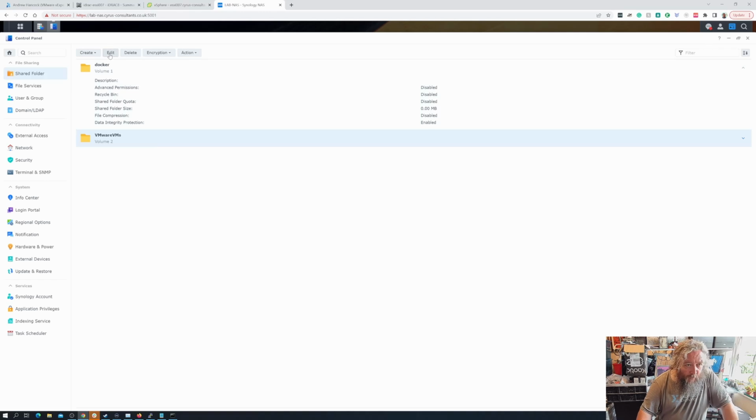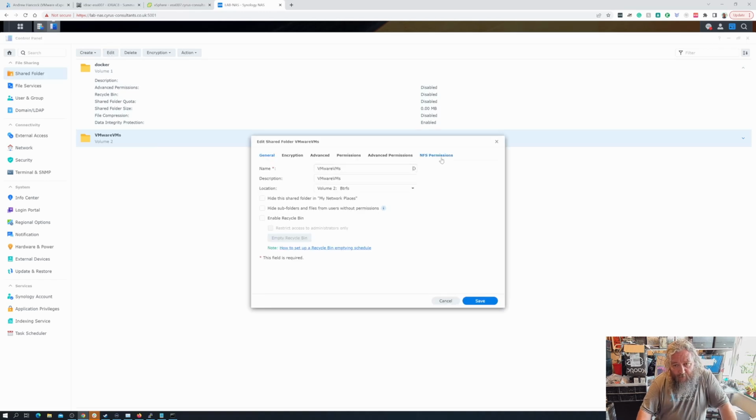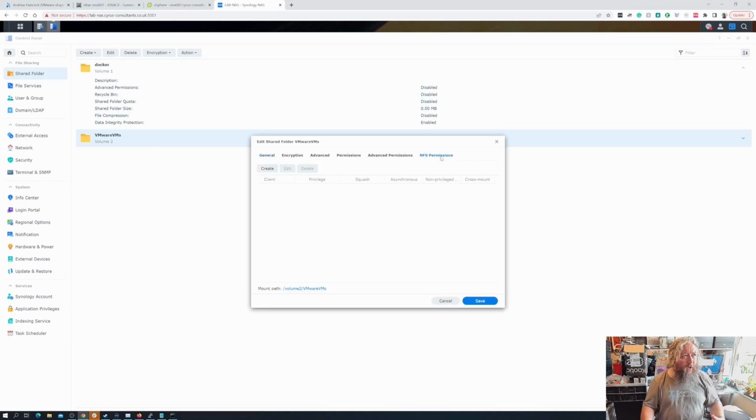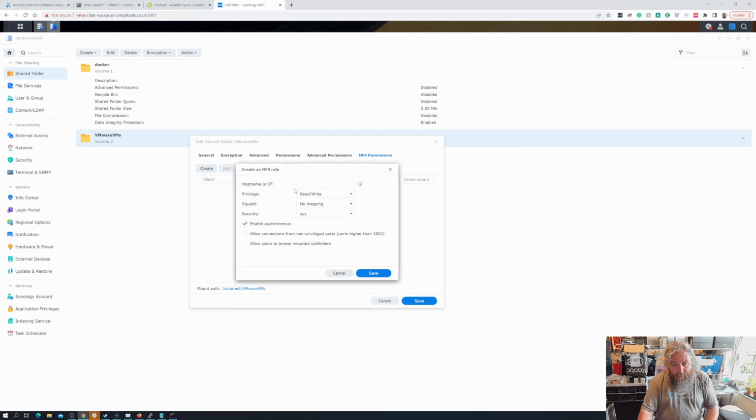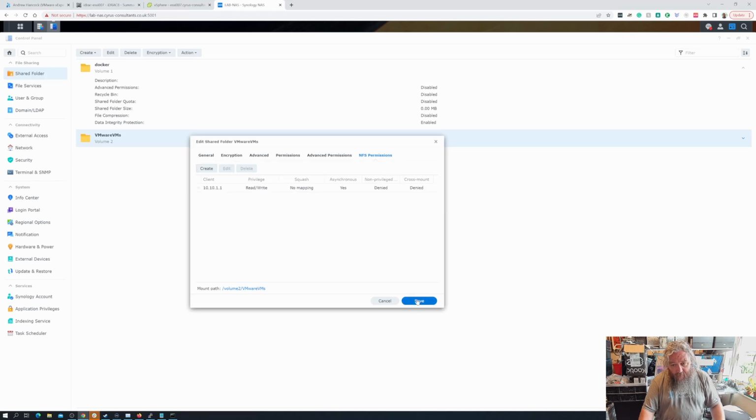What we now need to do is make some alterations on that share for NFS permissions, what we often refer to as an NFS export. We often refer to shares in Windows as network shares or CIFS shares, while with NFS we regard things as NFS exports. So I'm now going to click create, and I'm just going to add the IP address for the moment of our single host, 10.10.1.1, read write, no mapping, sys, and I'm just going to click save, followed by